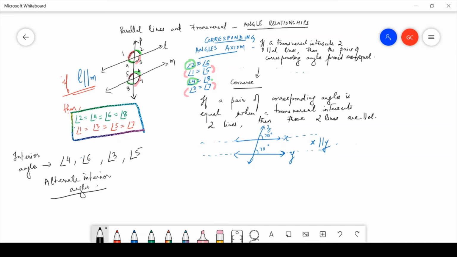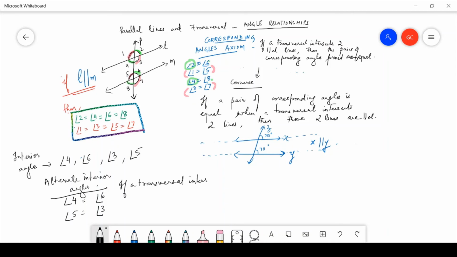And if you can see, when the lines are parallel, alternate interior angles also turn out to be equal. We have already shown it here. 4 is equal to 6. We have shown that here. We have also shown that 3 is equal to 5 here. So alternate interior angle pairs are equal. So I'm just going to write down this theorem. Angle 4 is equal to angle 6 and angle 5 is equal to angle 3. Okay, so this is the alternate interior angles theorem, and maybe I can state it in a better way right now. If I'm going to state it now, this is going to be a theorem and I'm going to show you why. Okay, so if a transversal